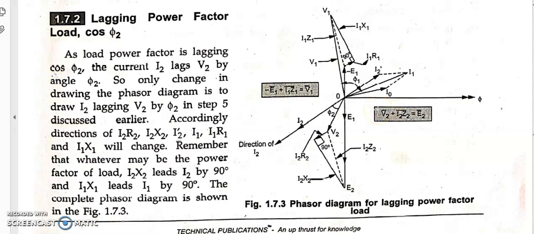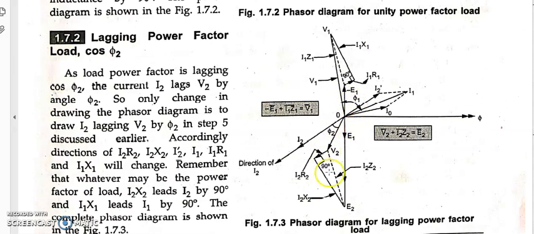Vector direction. Okay, clear? So it is equal to V2 plus I2 Z2. Okay, so this is all done. At the bottom side this is also done, minus E1. Now coming to this, not just do we need to answer the secondary side, we need to answer the primary side as well, right?